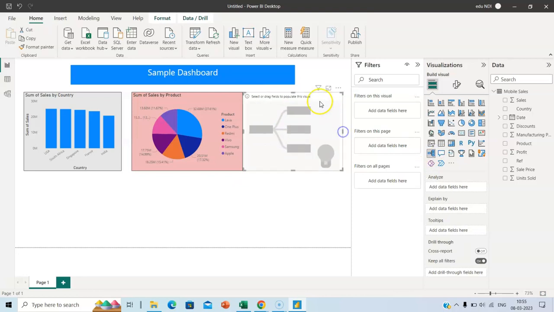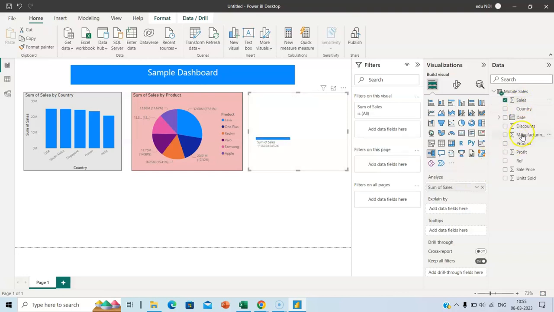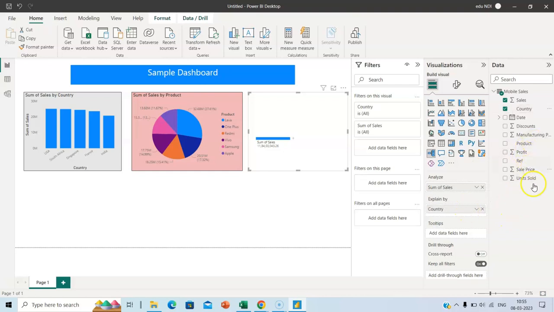Okay. This tells how much of the sales is coming by different products, different countries. It's very, very useful. If I show, you will understand how wonderful this particular tool is. Remember, I chose decomposition. So I want to decompose whatever I am trying to understand or explain, right? So I want to analyze what? Sales. So I want to explain by country, okay? And I also want to explain by product,